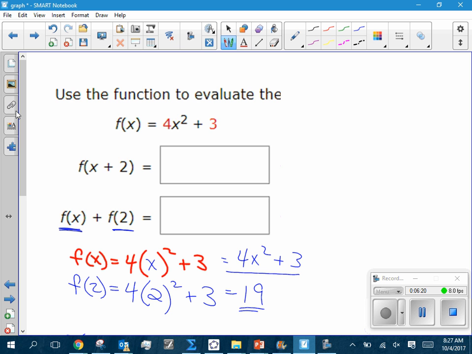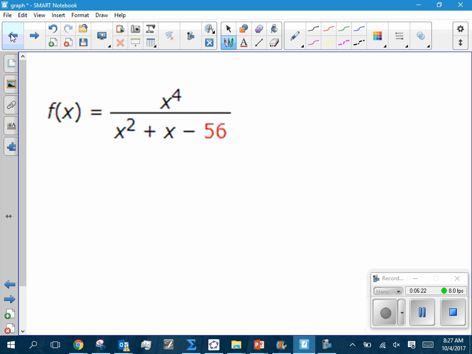Does that help? Number 20 looks something like this, and this is just asking for domain values, okay? And the domain values, remember, are the x values you're allowed to use. So initially, we're going to make the assumption that our domain is all real numbers. But we know that with division and even roots, square roots, fourth roots, sixth roots, that kind of stuff,